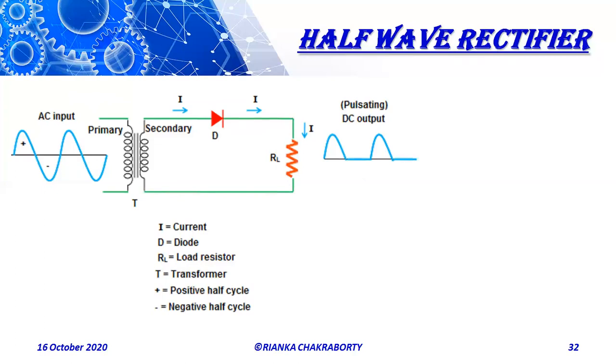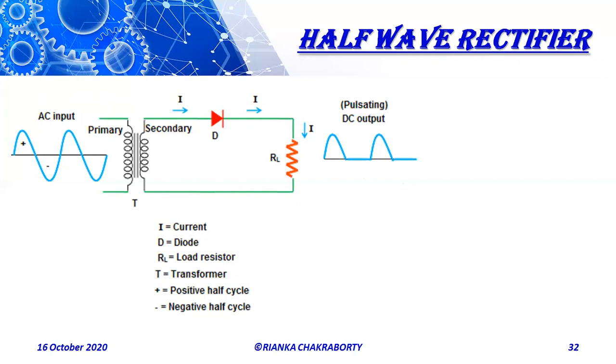In half-wave rectification, the rectifier conducts current only during the positive half cycles of the input signal. The negative half cycles of the AC supply are suppressed, that is, during the negative half cycle, no current is conducted and hence no voltage appears across the load. Therefore, current always flows in one direction through the load after every half cycle.